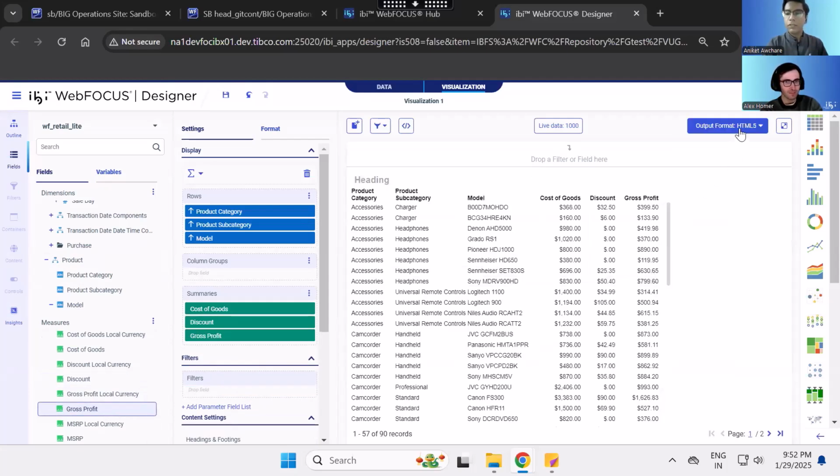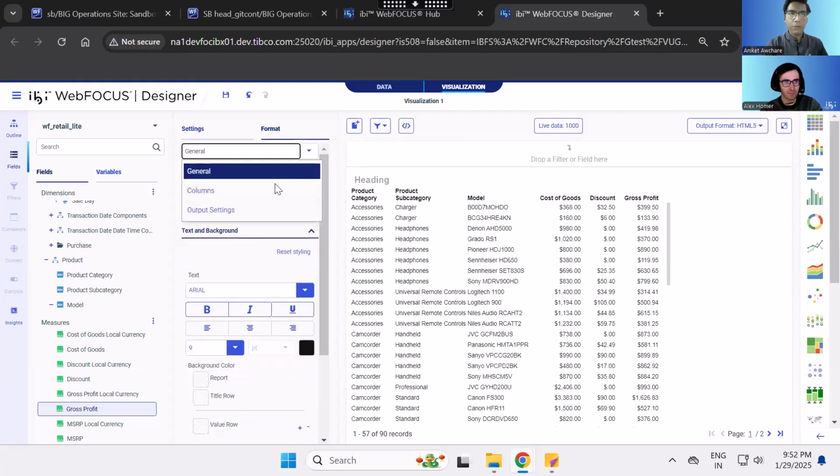Okay, so the first thing that I want to show you is that when I go to the output formats, as you can see, there are a bunch of output formats compared to the earlier ones. So we have PDF, PPTX, XLSS, CSV, JSON, and XML. So the standard report supports all of these formats. Now, if I go to formats and then I go to columns,